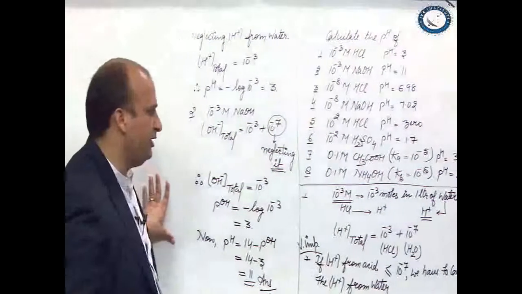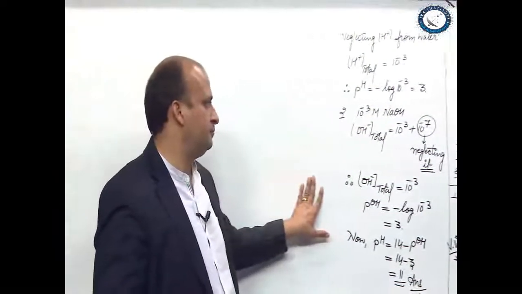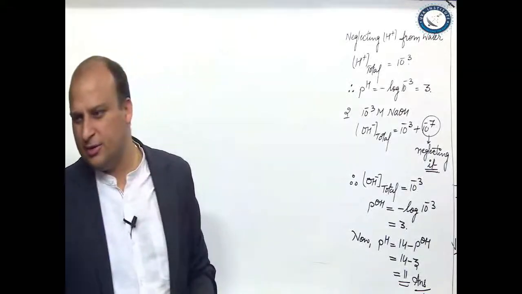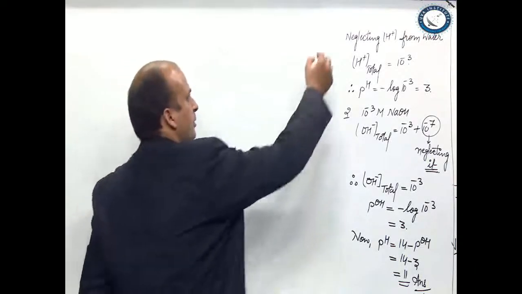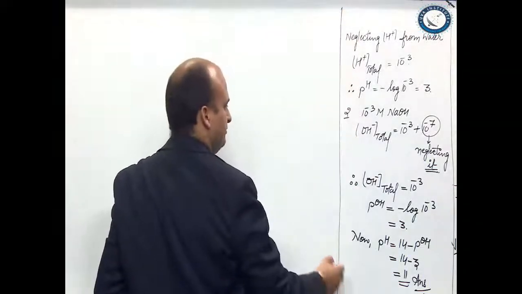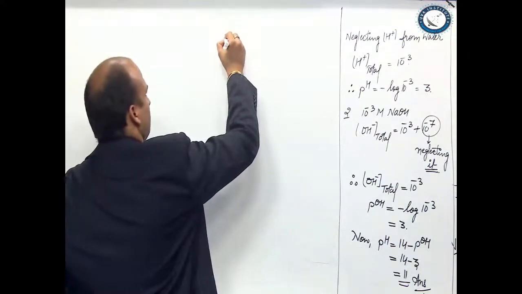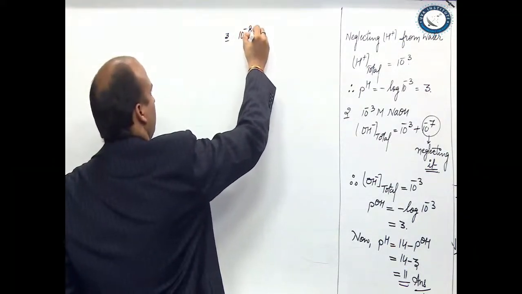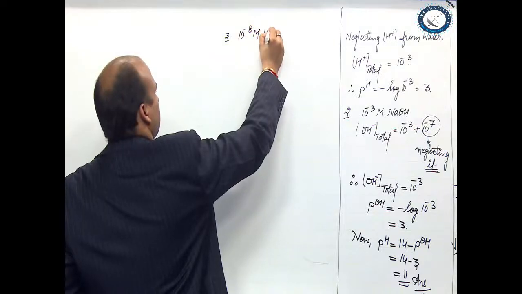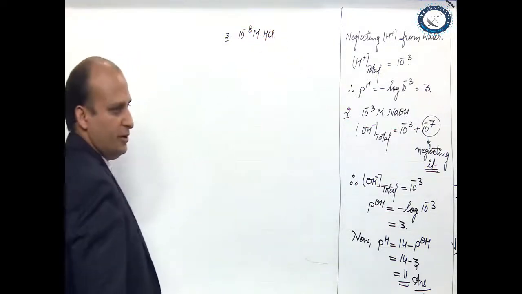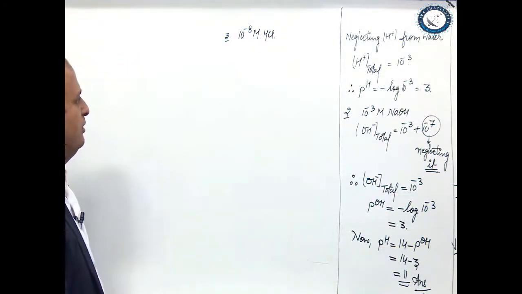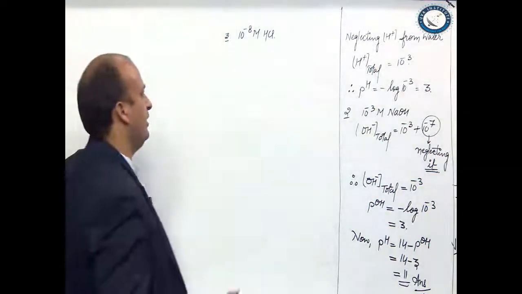At this point, any doubts to anybody? Any doubts to anybody? Okay, great. Let's go to the next part. Third part. 10 raised to power minus 8 molar HCl. Now, as you can see in this case,